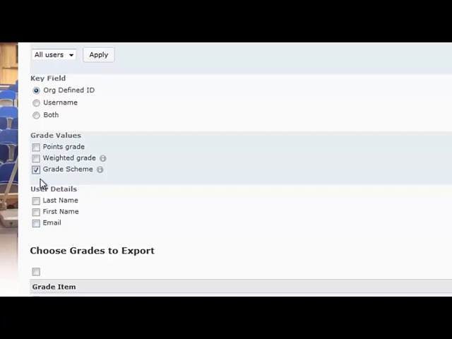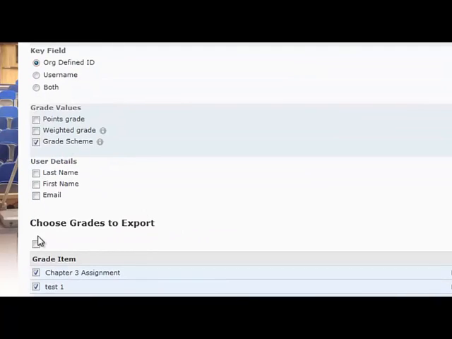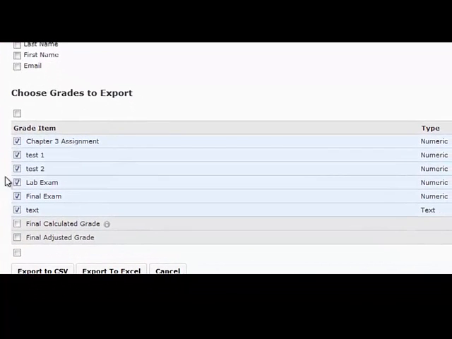And then user details. If you wanted to, you can export their last name, their first name, and their email as well. This isn't really necessary, again, because the registrar's office is just looking for the student number and their letter grade. And then under the choose grades to export, right now it's selecting all of the items right here